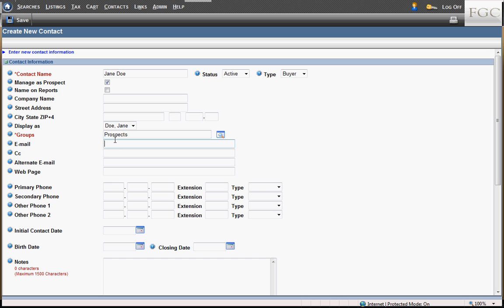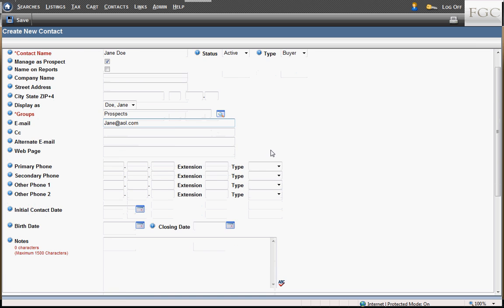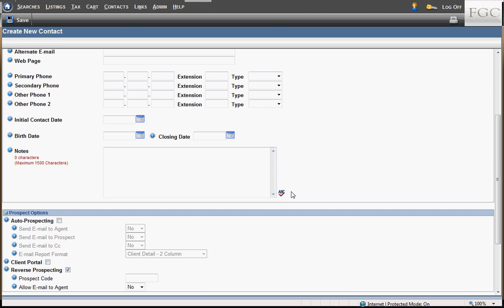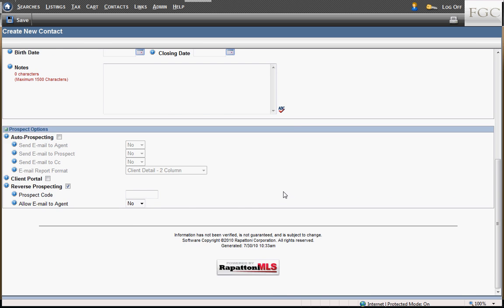Type in their email here. So just do Jane@AOL.com. There's other information you can put in here if you just want to keep this as your contact management system, but you probably ought to use something else. Alright, so